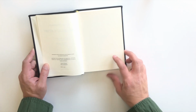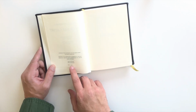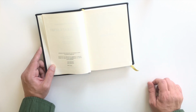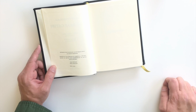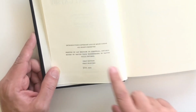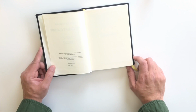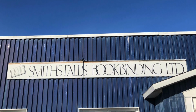I happen to get copy 354 of 500, and I hope that means that they're doing well and they've sold the 353 before this. This has been available for a bit now, so I don't know how much longer the 500 piece count is going to last, but we can see here that it says first edition, first printing. It was printed by Ian Bristow in Cornwall, Ontario, and it was bound by Smith Falls Bookbinding in Smiths Falls,